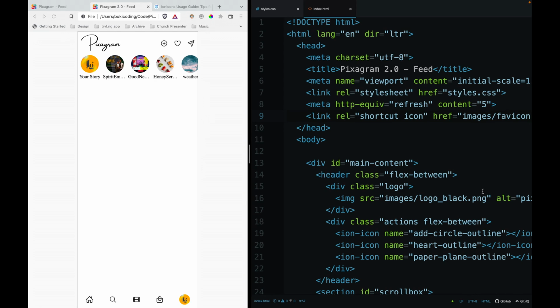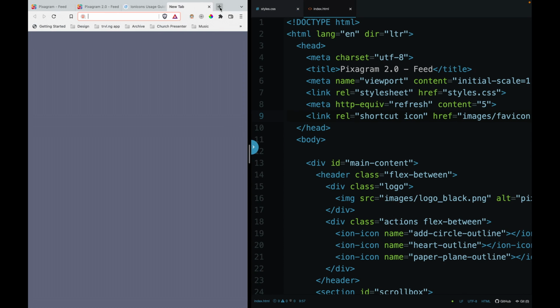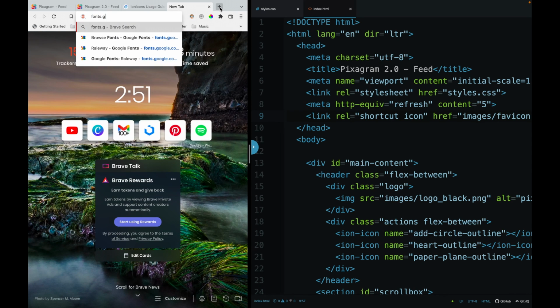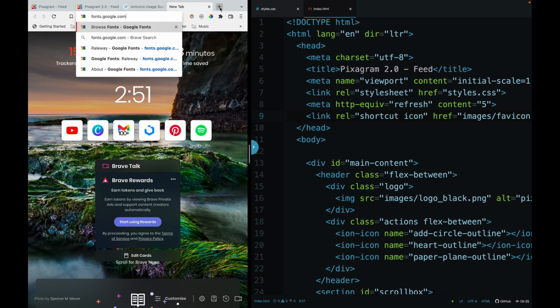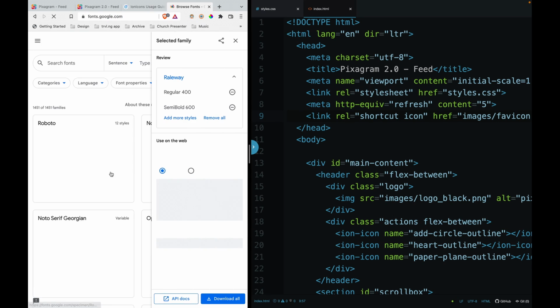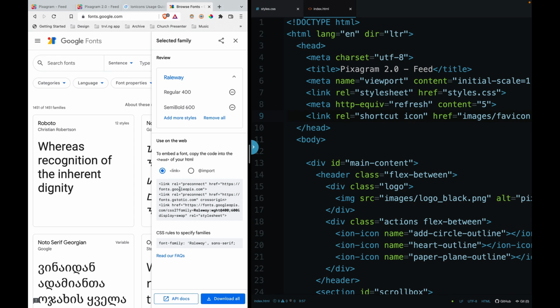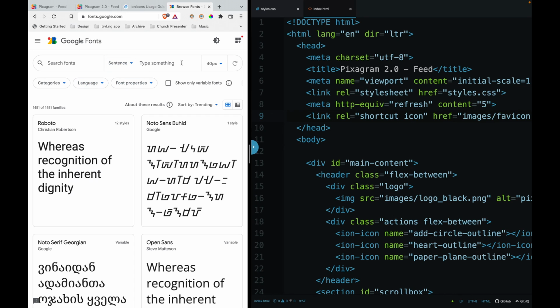All right, so speaking of text, I do not like our default text that we have here. So we're going to go to fonts.google.com. And I already selected the font that I like, and it remembered my choice from last time. But just so you guys can follow along in case you've never used Google Fonts, I am selecting Raleway,